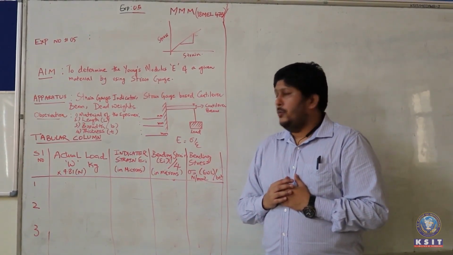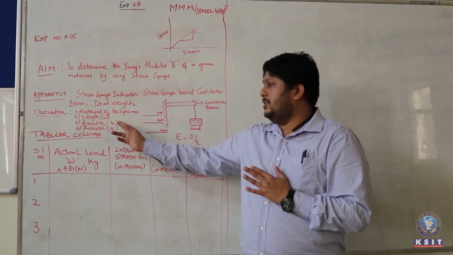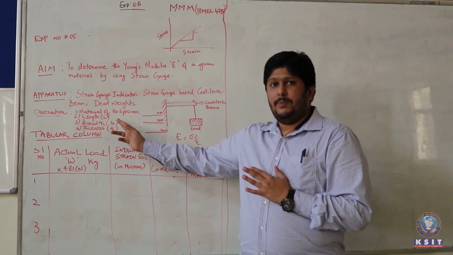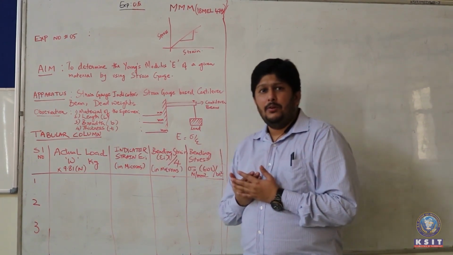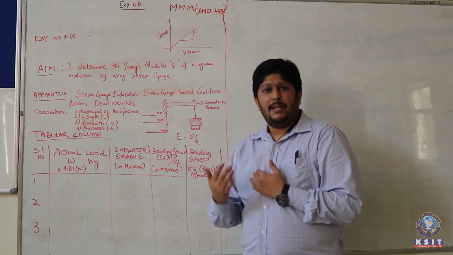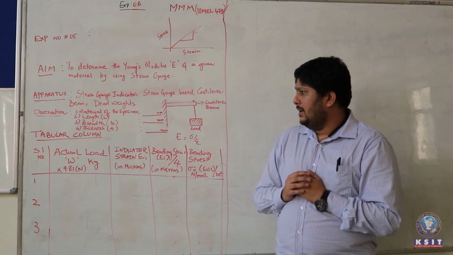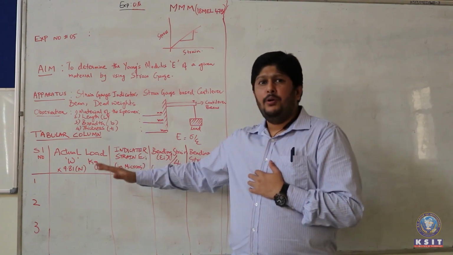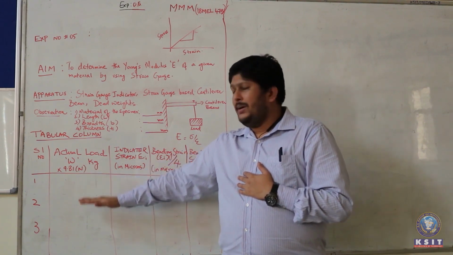Okay, so what is the observation that you need to initially do? You need to find out the length of the specimen, the breadth of the specimen, and the thickness. Once we get all these values, then we go and set up the experiments. The data that we will be recording in the experiments: first we have to put weights on the scale. So we put different weights